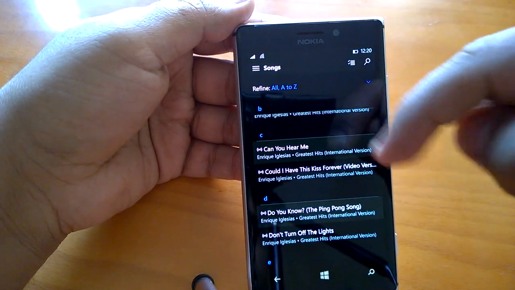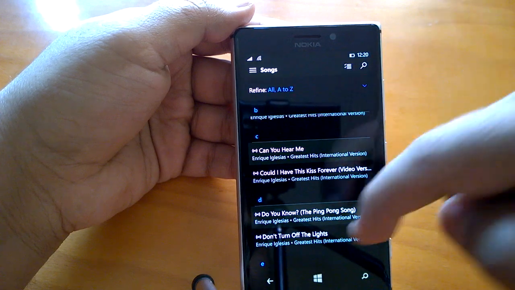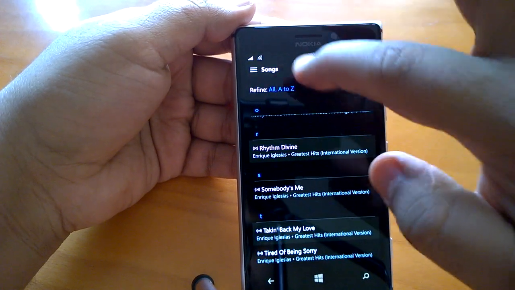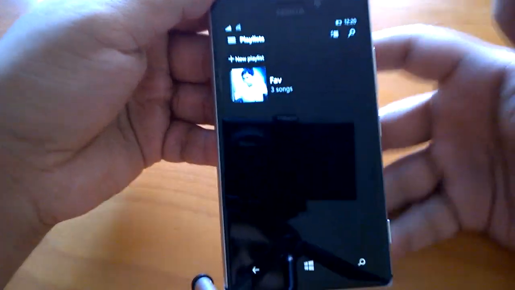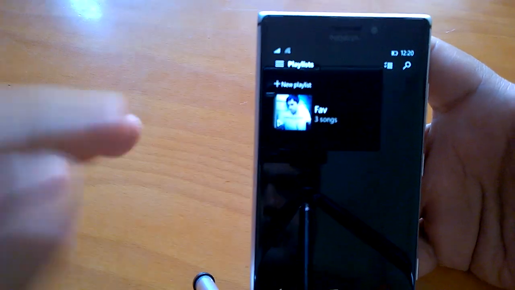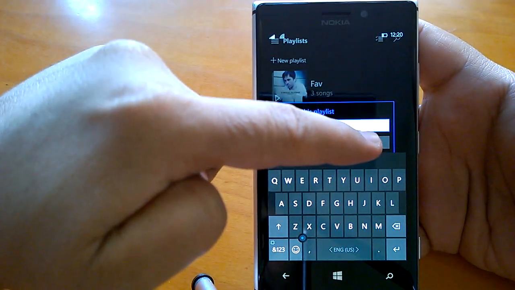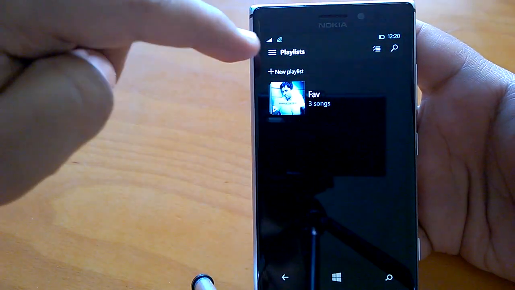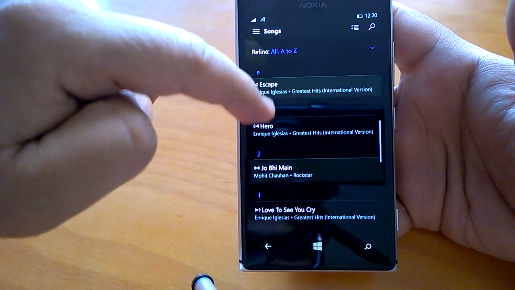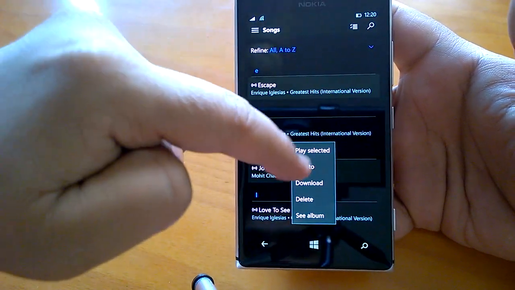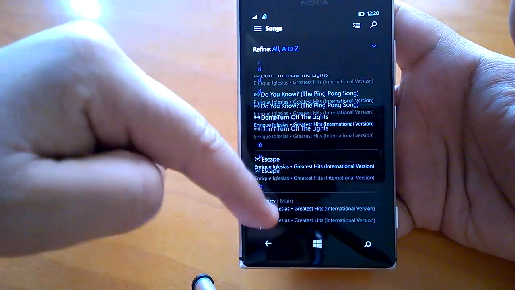Since these are the songs which I can stream, it's not able to select. Otherwise you can use this multiple selection. But you can create a playlist from the songs even if they are here due to the OneDrive sync. You can see that I have created a playlist here. It's easy to create a playlist: you go to playlist, name the playlist and save it, and then if you go back, you can long press on any of the songs, and then add it to the playlist which I have already created. This is how it works.